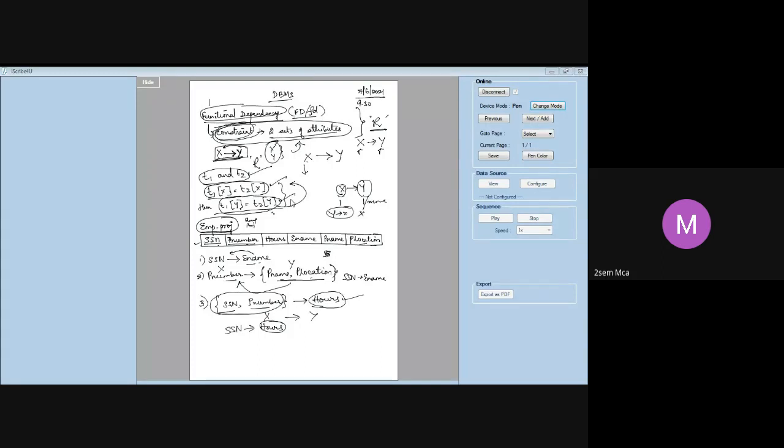Now, examples of functional dependency. The first one I took was SSN determines E name. So that means given SSN, I can always find out E name. And that is possible for every set of tuples that we have. If I can find out E name from a given SSN, I should be able to find out the E name of any record given the SSN. That is why I said T1 of X is equal to T2 of X, then T1 of Y should also be equal to T2 of Y.